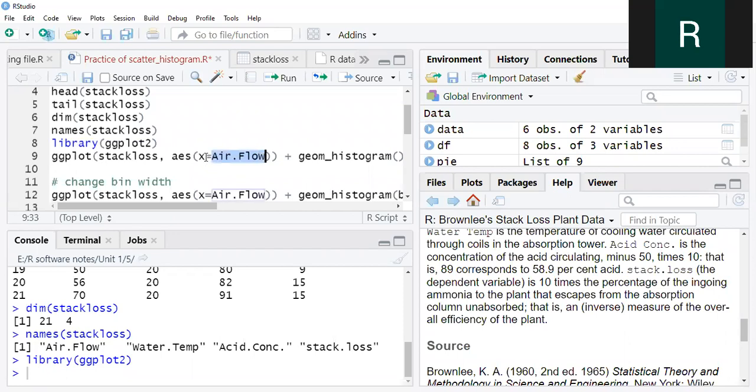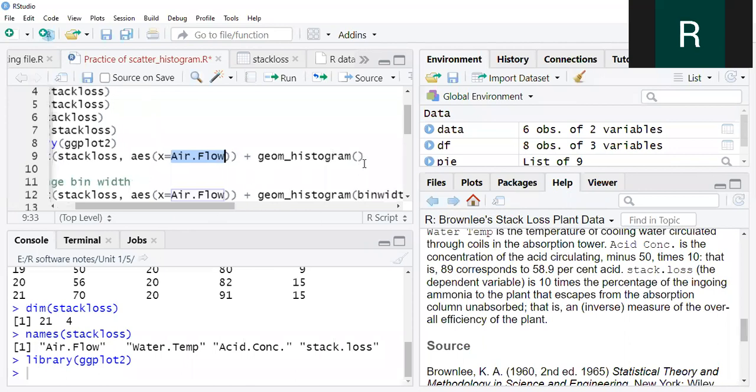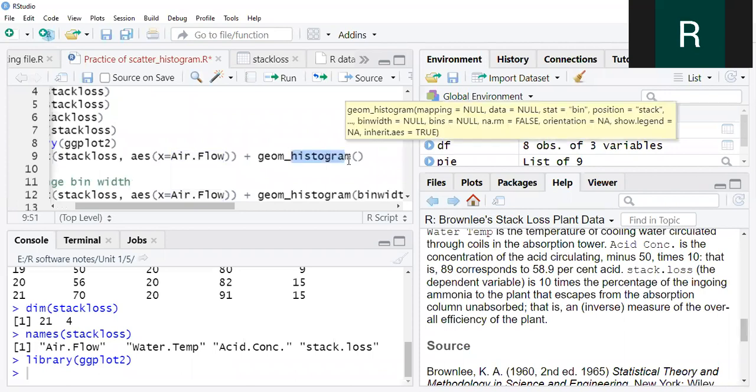So I'm writing x equal to airflow, or I can write simply airflow. That's also fine. Plus geom underscore histogram. I have already shown you in my PPT what the syntax is to draw a histogram.